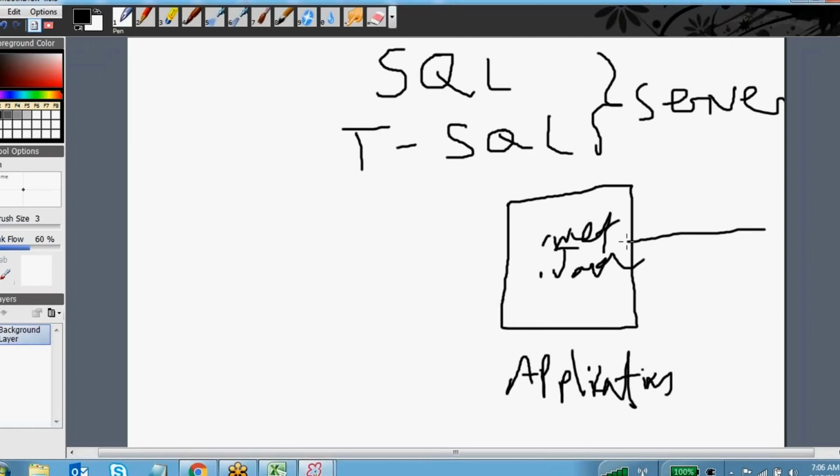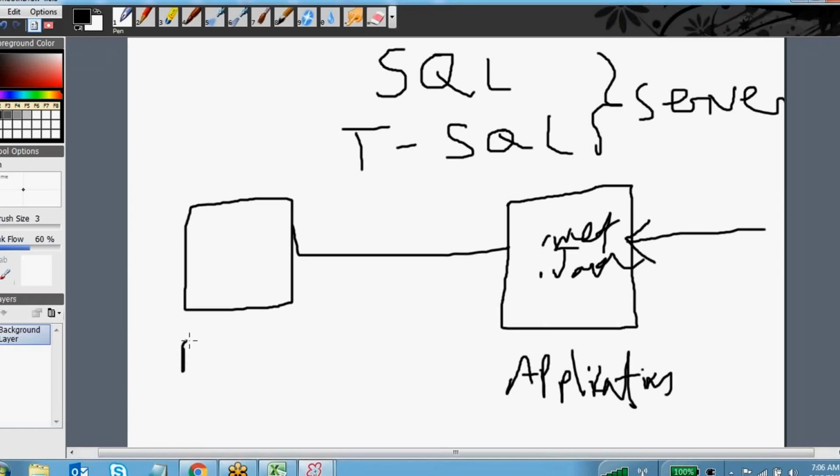Whenever the customer enters information like first name, second name, mail ID, phone number, contact information, where are you going to store that information? I am going to store it in the database server. In the backend you can use either SQL Server or Oracle or DB2, anything. We call this a database server.